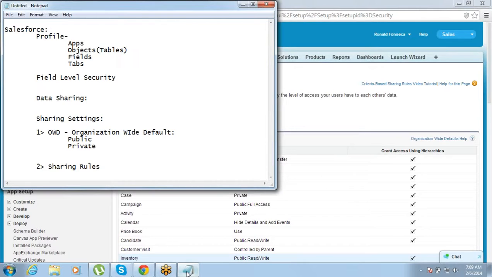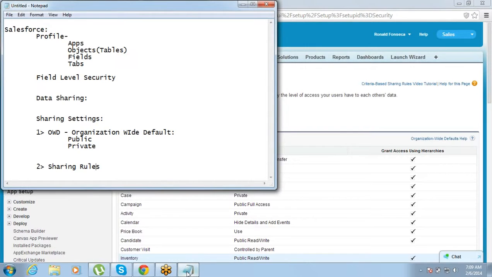Is there still a confusion? How do you think field level security is related to sharing setting? We have written those two things in Notepad, but these two things are pretty much different.